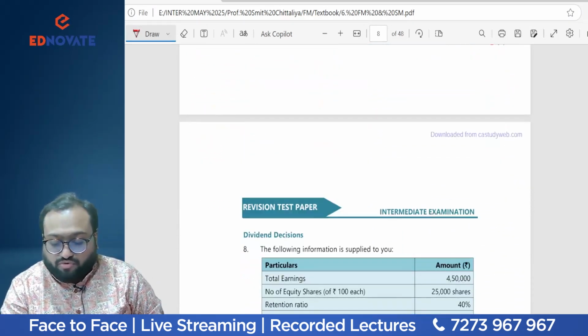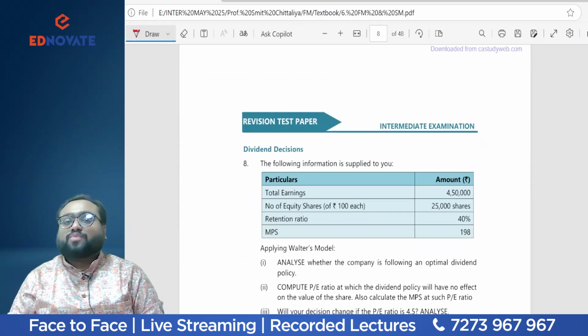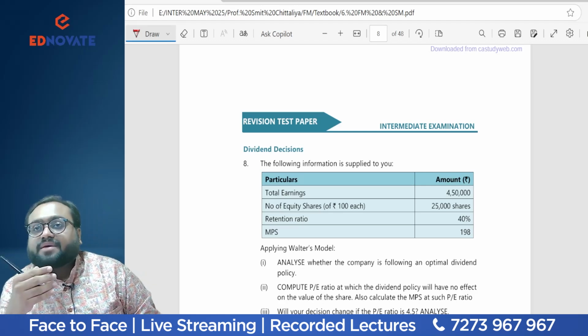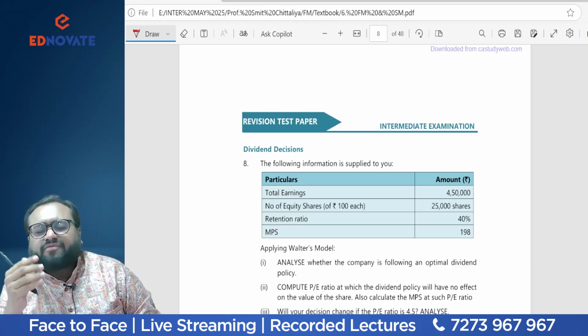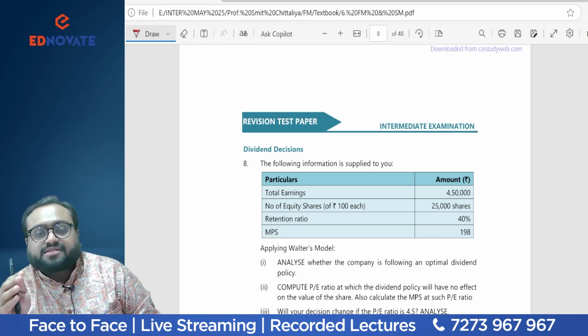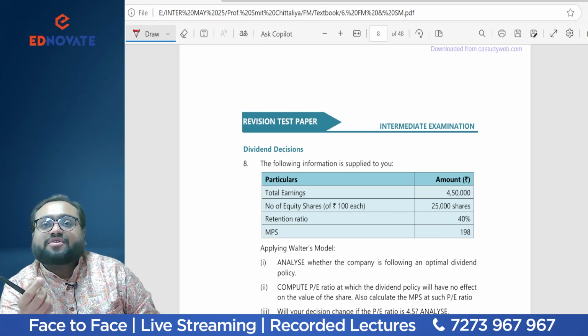So the leverage question was very easy, but we have one more good question. Actually, if you see in your RTP, till question number 4 there are a little tricks and turns. But after question number 4, everything is very easy. So this is how your paper also is. Few questions are very easy. One question will be a little difficult, which you need to manage.